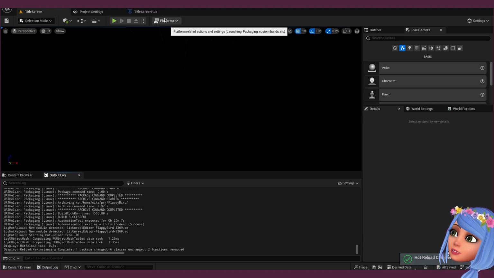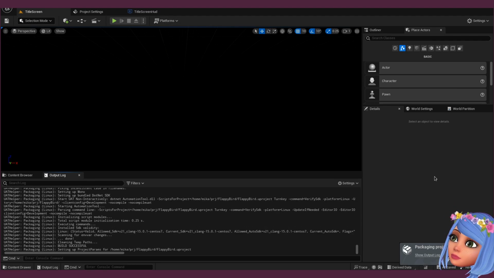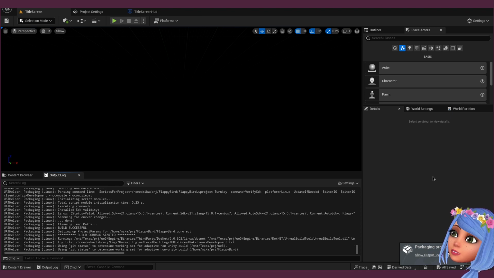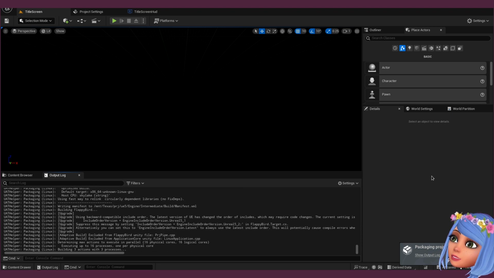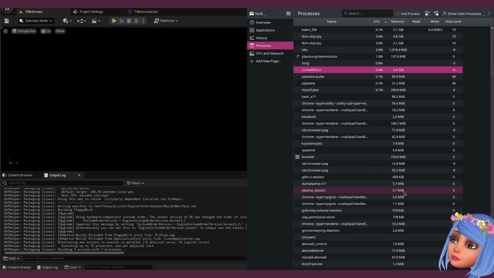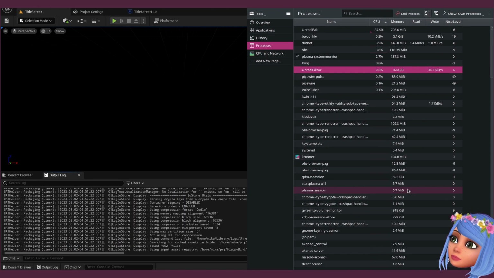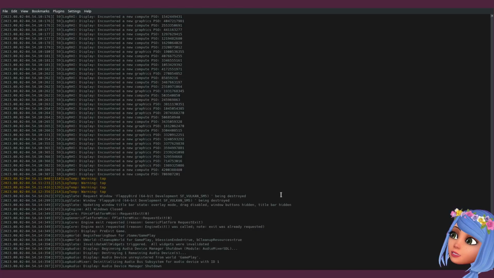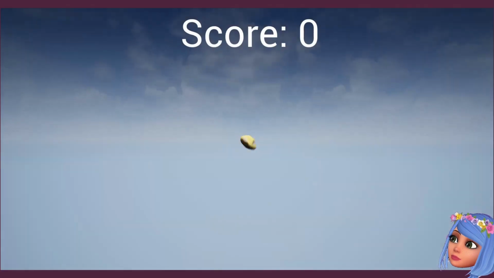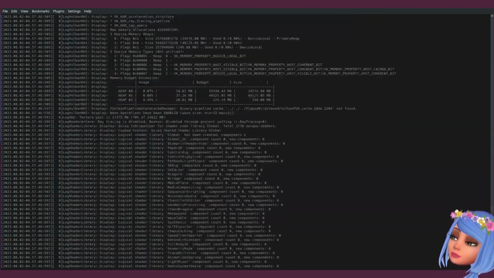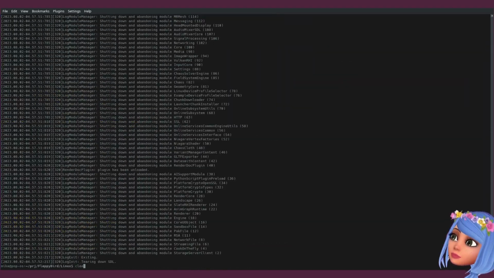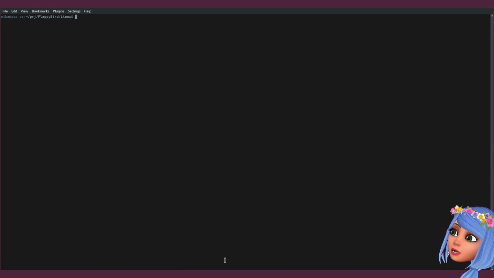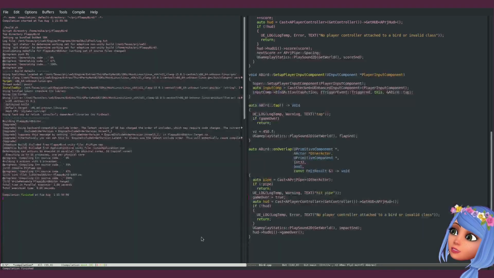I kind of suspect maybe it's not calling this function, and this is why there are no pipes. Okay, let's start again. Yeah, it is not calling.